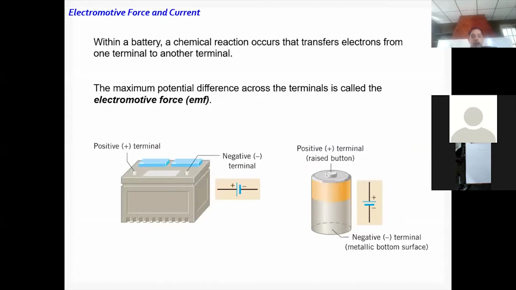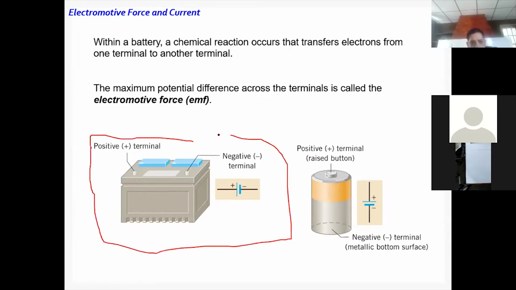What is EMF? You have seen a battery, right? So battery, let's say, this is the battery of the car. You have a big battery like this in the car. Or you have seen the dry cell, right? Like double A, triple A, that kind of thing. This is the dry cell. And whatever the battery be, either this kind or that kind, it has plus and minus.